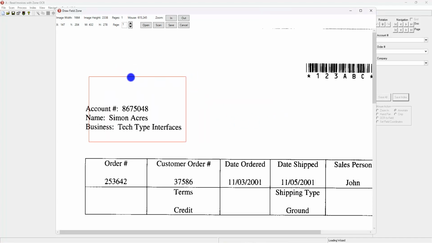And you can see there's already a zone drawn here. So let's draw a new one. We'll make it a slightly different size here. And you just start at the top left, go to the bottom right, however far you need to go, and we'll leave it like that. So you can see I'm capturing a lot of information, like we saw back on that text view when I first ran the job. And so how are we going to make sure we just get the 8675048? Let's save this zone,